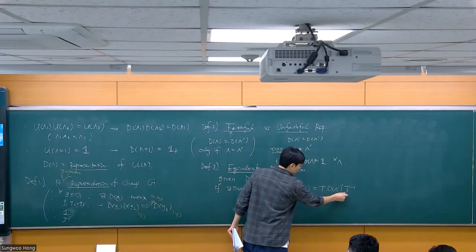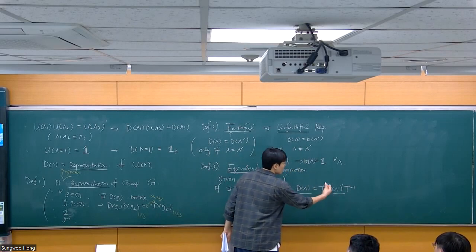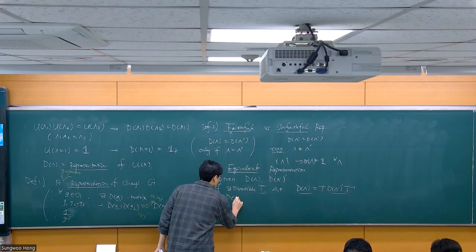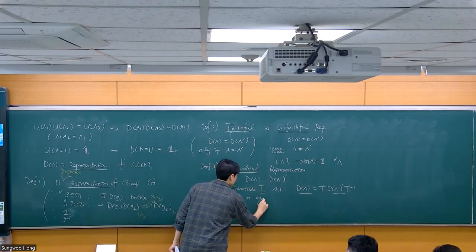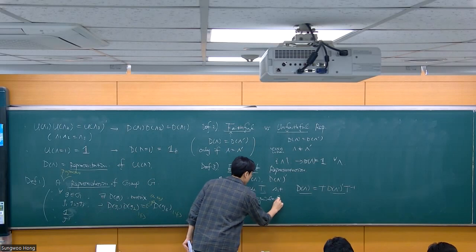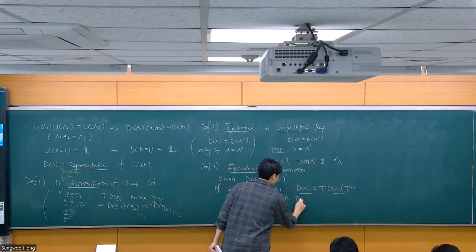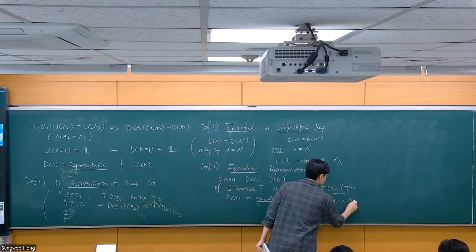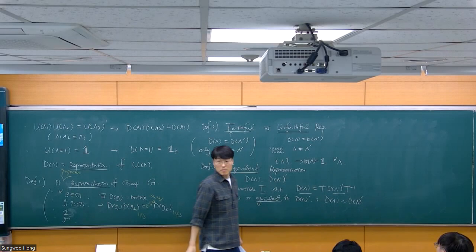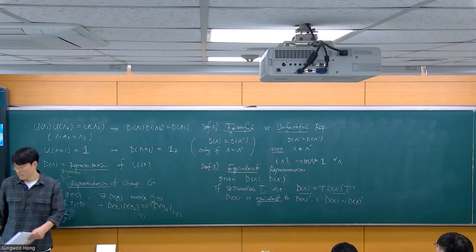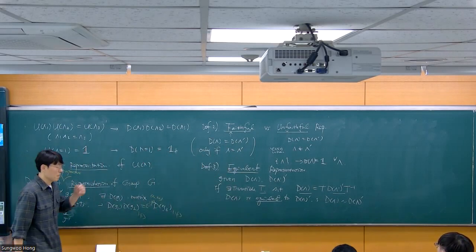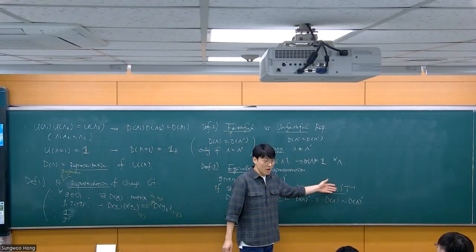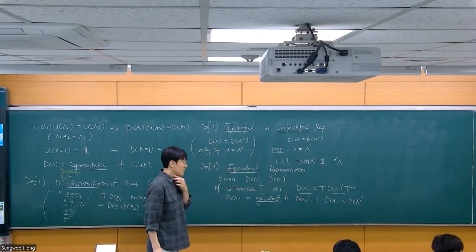it relates these two naively different looking representations, then we say that D is equivalent to D prime. And then we write from now on this notation. Okay, so probably you have heard of the notion that this is a similarity transformation, right? So in that sense, it's the same.